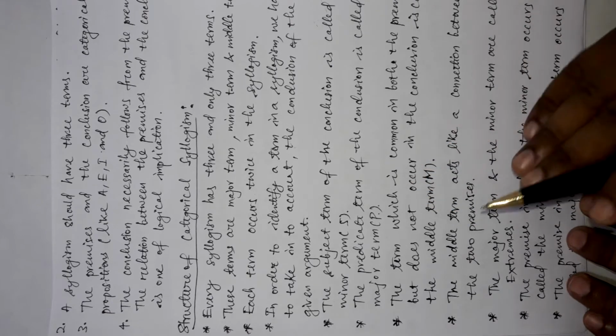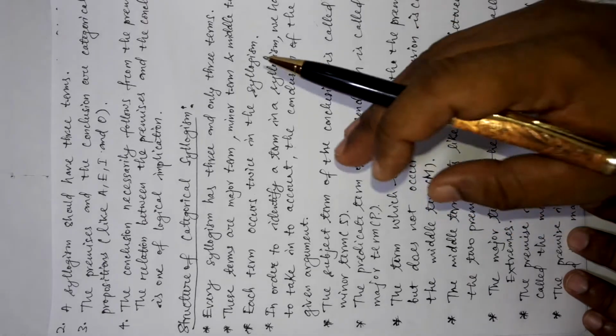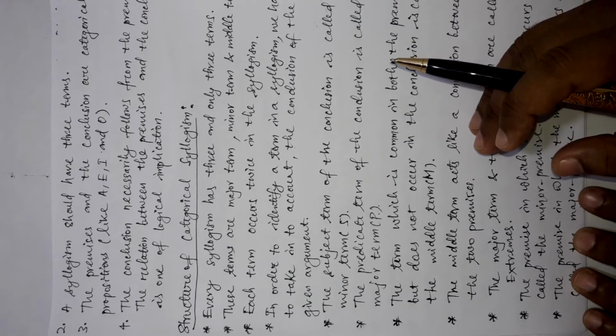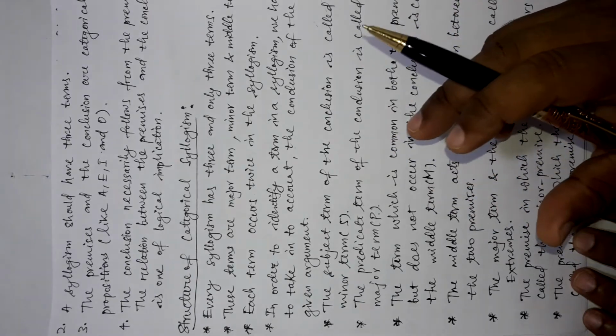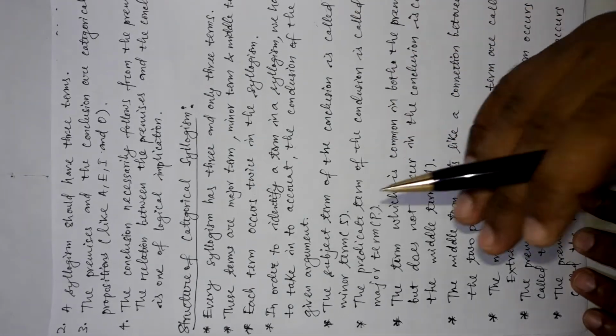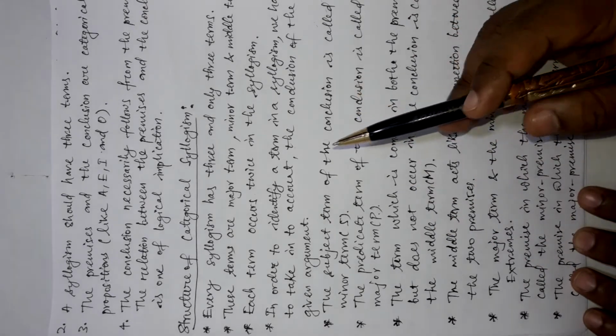Yes, out of the major term and minor term, one of them is present in the first premise and one of them is present in the second premise. They both cannot occur in both the premises, because combinedly they occur only in the conclusion. So, out of the 2 premises available in the syllogism,